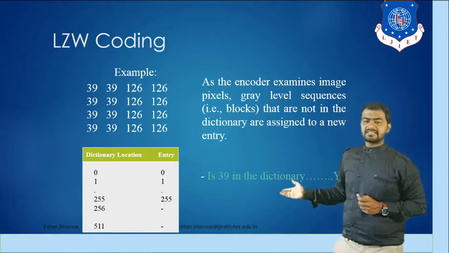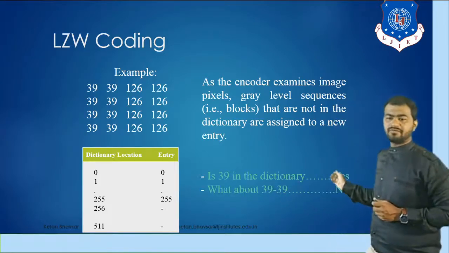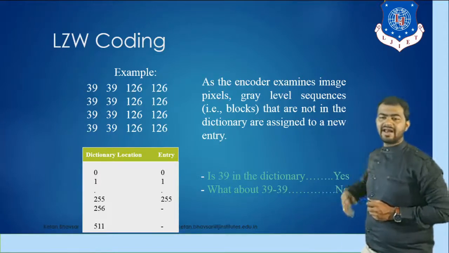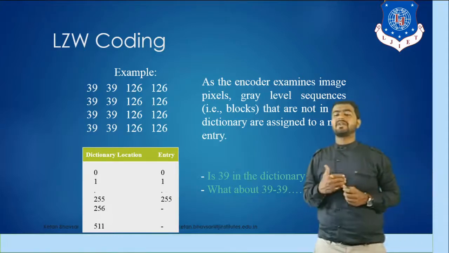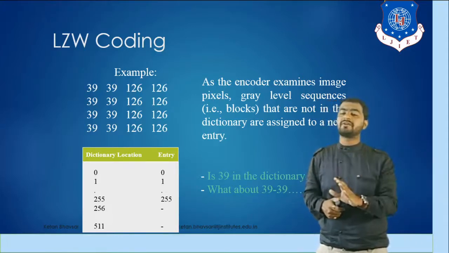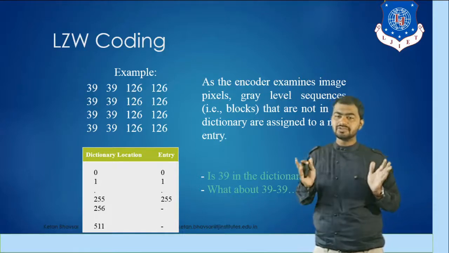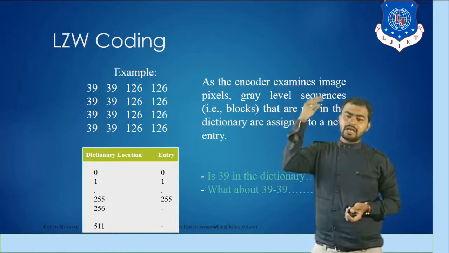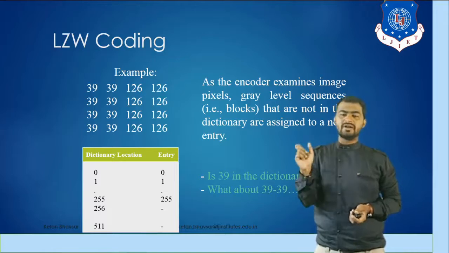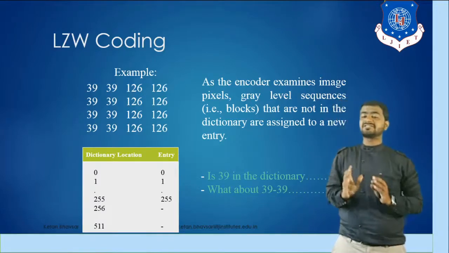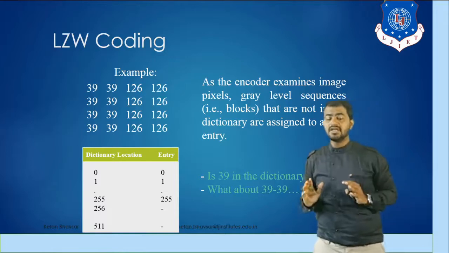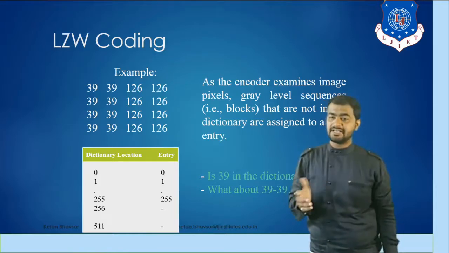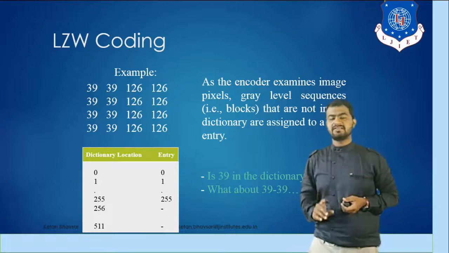So as you can see, 39 is a dictionary term with a value of yes, and 39, 38 is a value of no. Whenever we work with the dictionary-based concept, you have to add values as per your requirement or application. But make sure that you have a range of 0 to 255 only, and after 255, we have to make pairs of values. Like if you have a range of 0 to 255, then after 256, we add the 0 to 1 pair, then 1 to 2, 2 to 3. Make sure that the dictionary entries are unique. They cannot be copied, and we cannot have an equal entry for two symbols. It is not possible in the LZW-based concept.